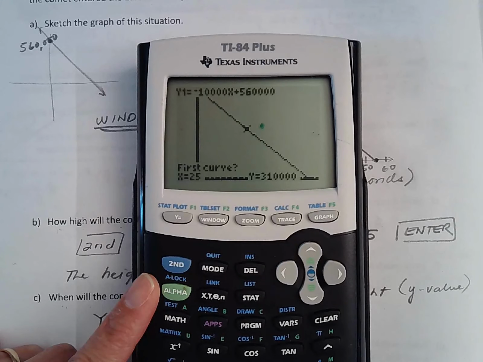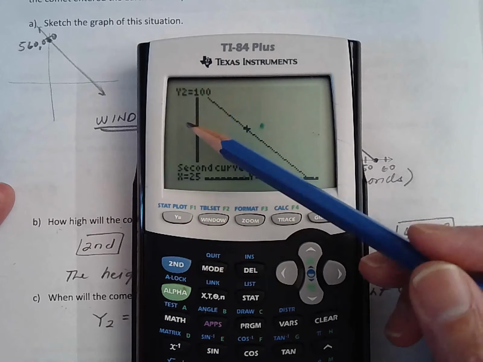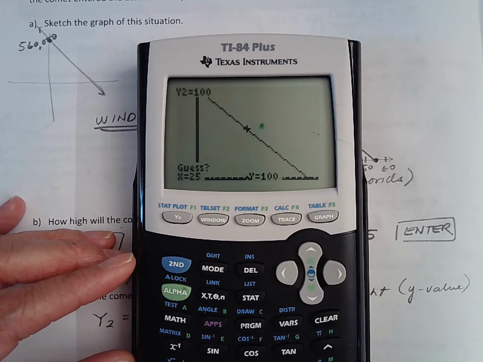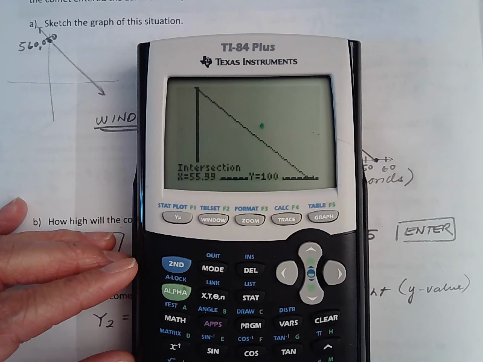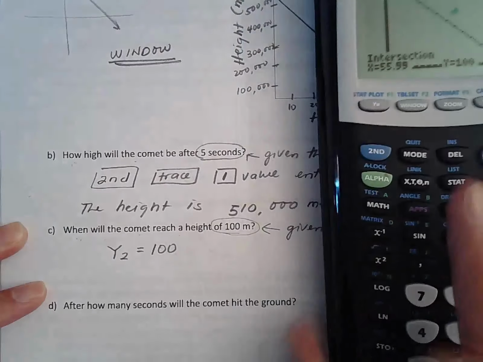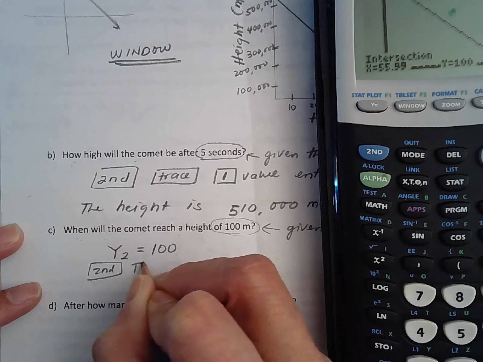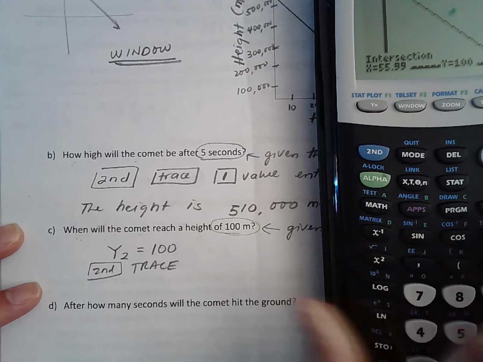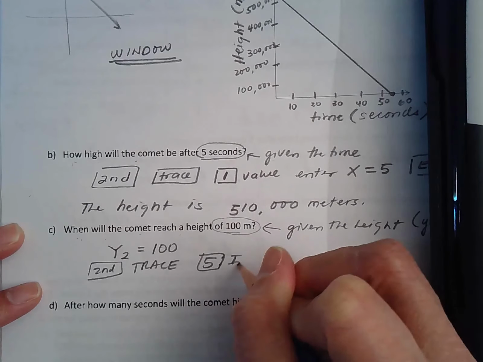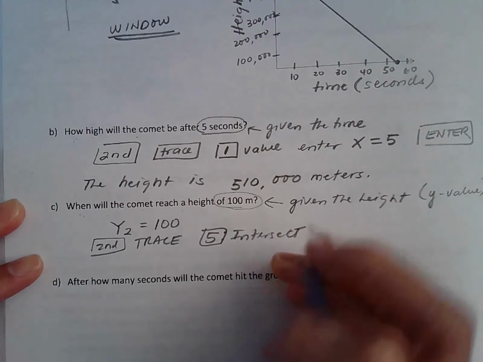Intersect. Is this your first curve? Yes. Is this your second curve, y2 equals 100? Yes. So we're going to press enter, and then press enter again. So what does that say? We're going to go second function trace, and then we're going to put 5 for intersect. So they're intersecting at,